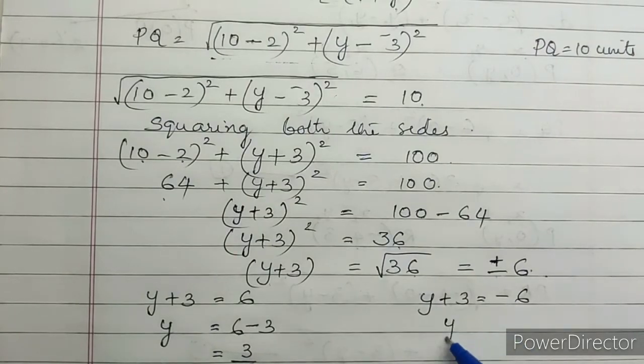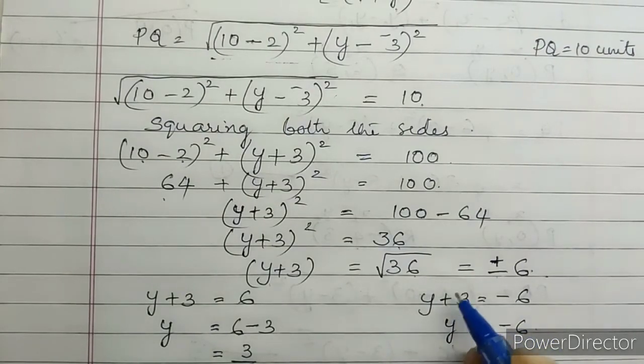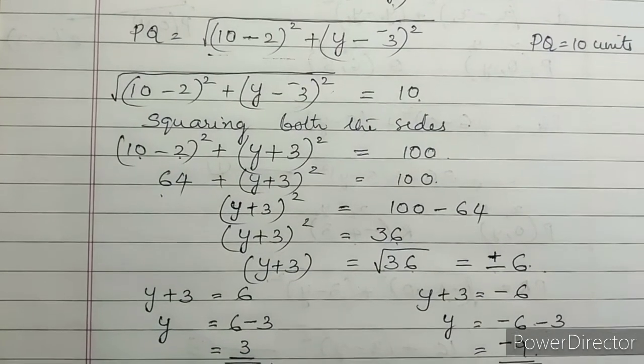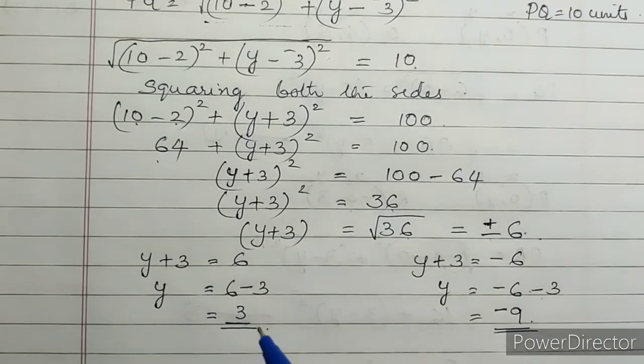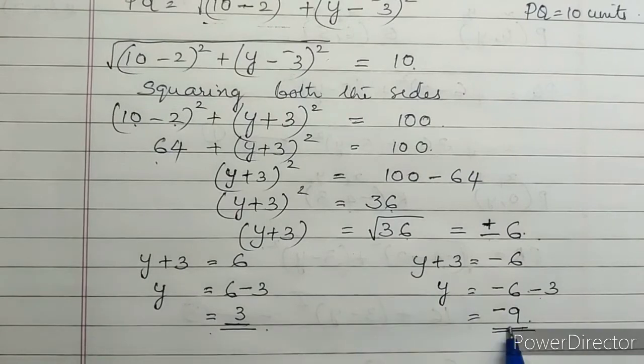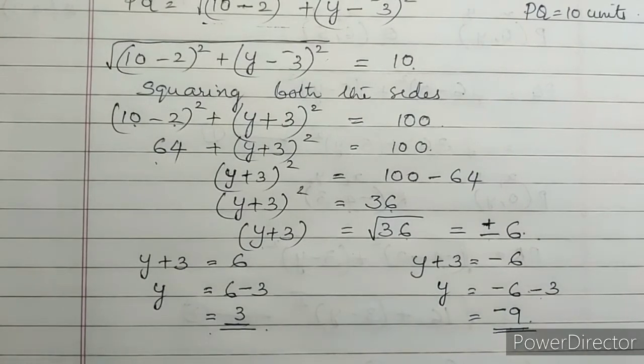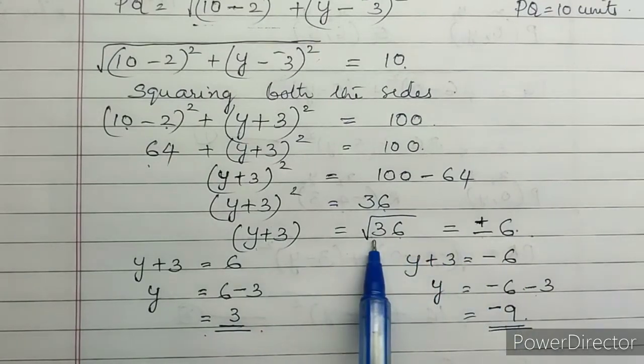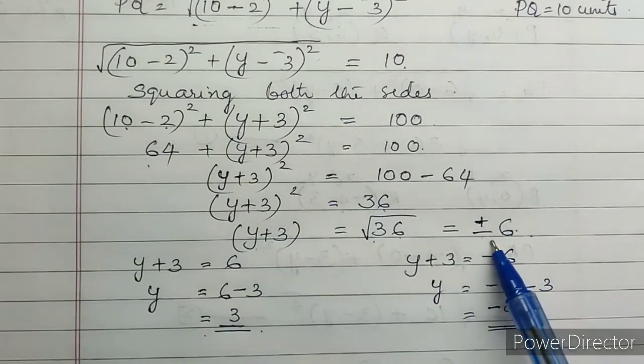Next one, y is equal to minus 6 minus 3. This positive 3 will go to the other side, minus 3, which is both the same sign, means what you have to do? You have to add it and put the greater number sign. So minus 9. So both the answers you have to write. Both the answers are correct only. 3 or minus 9. Why two answers are coming, you will learn in quadratic equation chapter. So from now onwards, whenever you are getting square root of any number, you have to write both plus and minus symbol. Don't forget that.